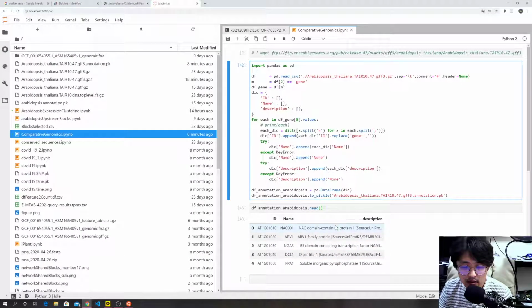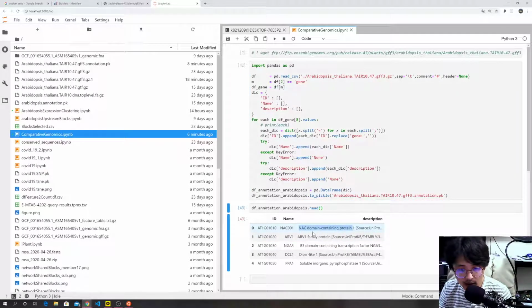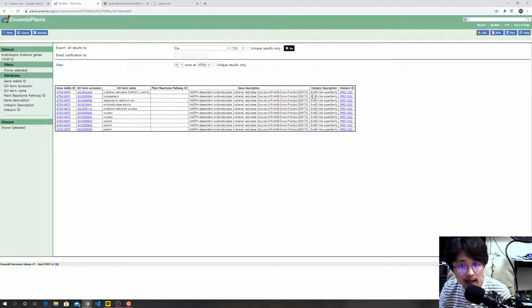In this case, this only contains the description, maybe the source is UniProt. So only the UniProt description is contained. However, here you can add the InterPro description, and this description that is coming from UniProt, and you can add